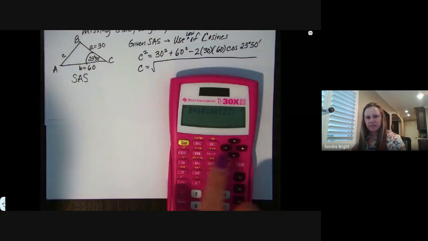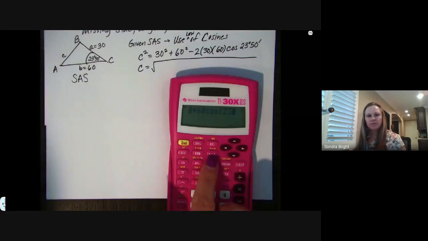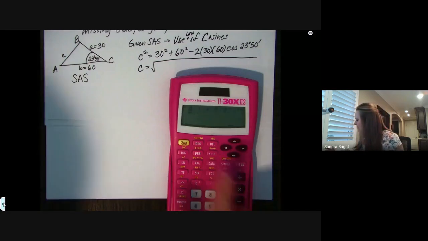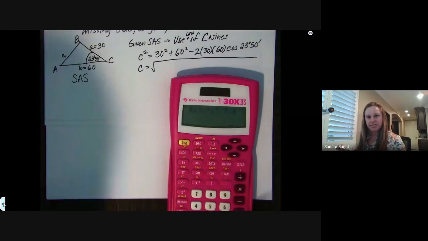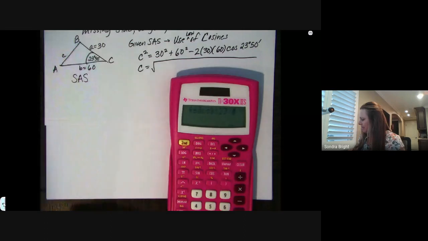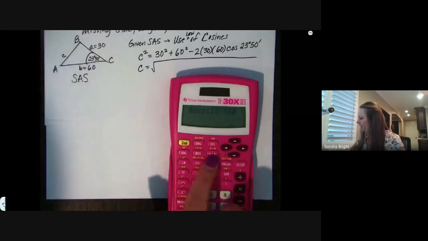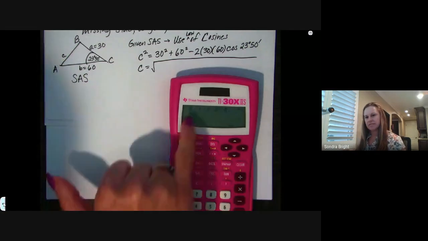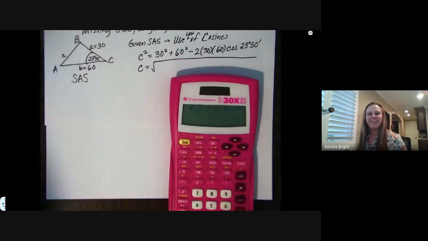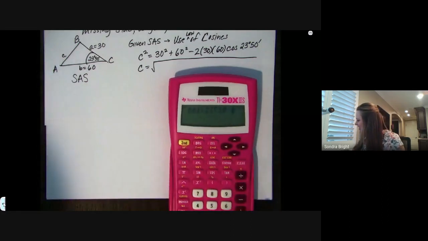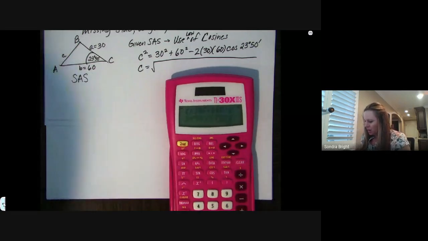And right now the degree symbol is underlined, so you'll hit enter, and there you go. It showed 23 and then the degree symbol. And then do 50, hit that button again, degrees, minutes, seconds. And you'll see right next to it is the minutes. So I arrowed to the right so that it's underlined now, and I hit enter, and oh, look, there it is. Yay. All right, hit enter, and I get that side C is approximately